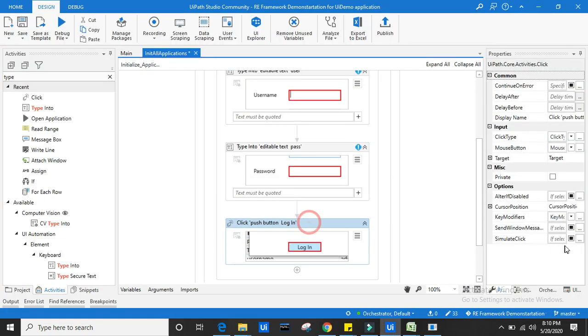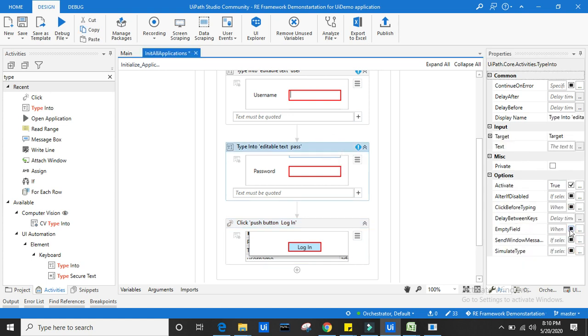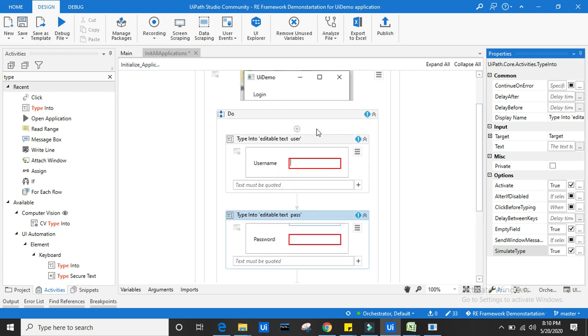Let me simulate click, let me empty field and simulate type.